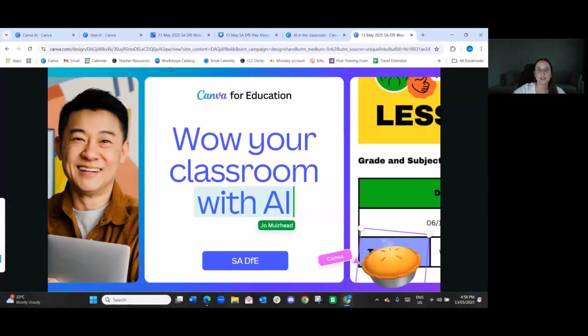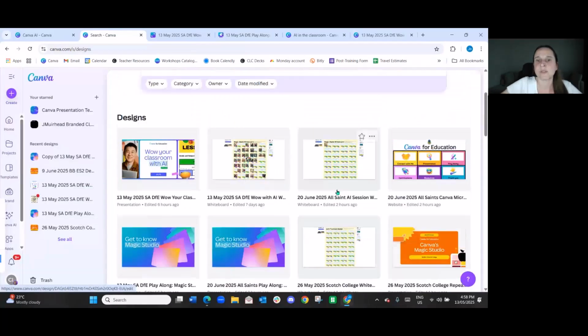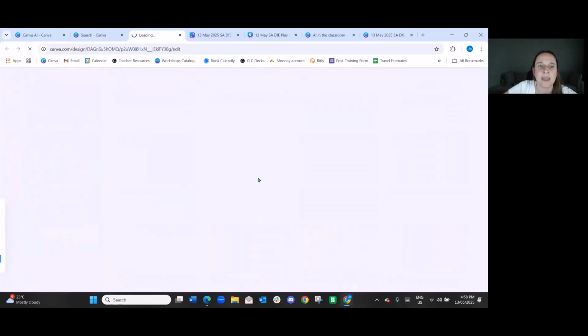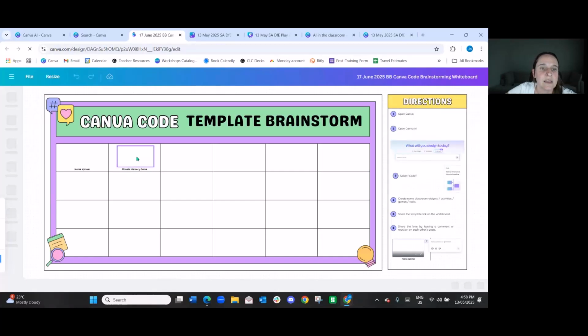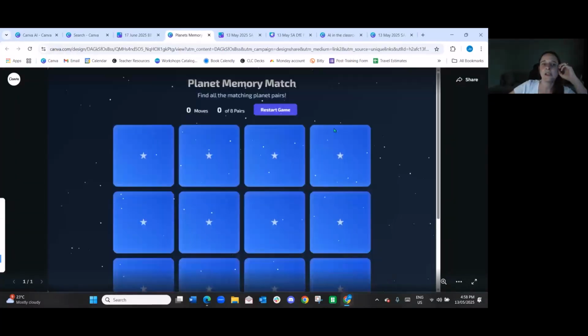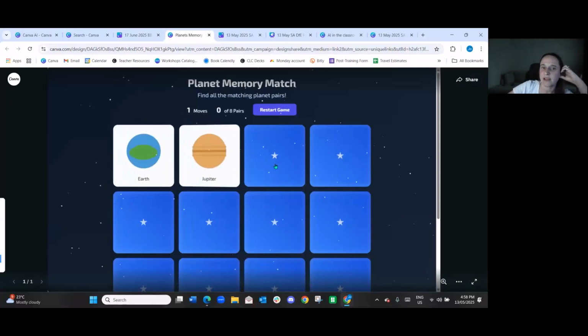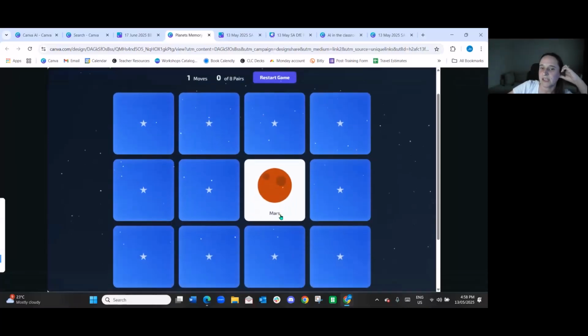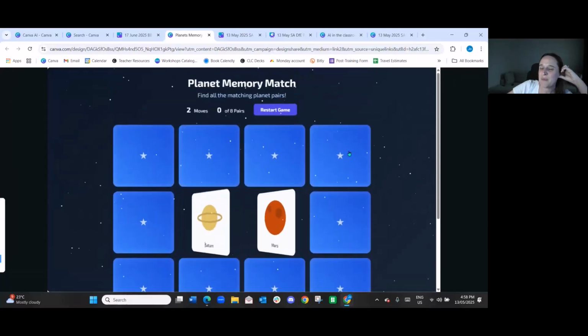I have closed my page. I have lots of examples here. Let me open up one that I have made beforehand. Here's the exact same instance that I'm just building now. Here is a memory game of different planets. I've not put in enough of a prompt here to make the pictures look good enough, but I can now